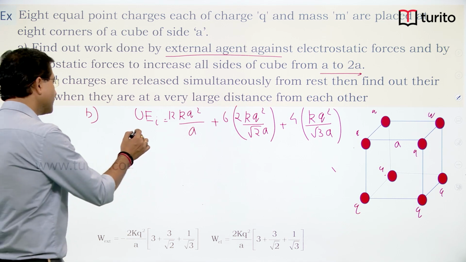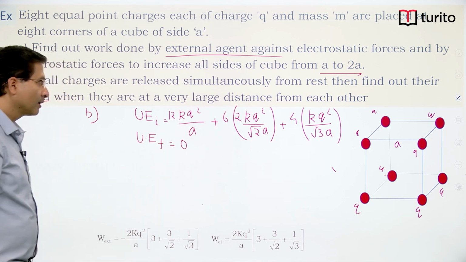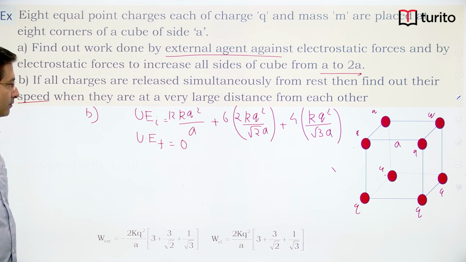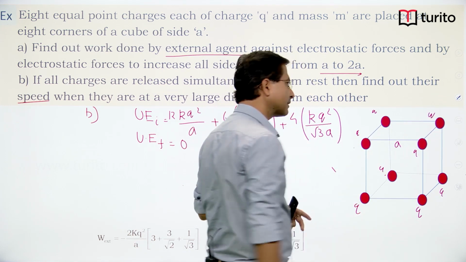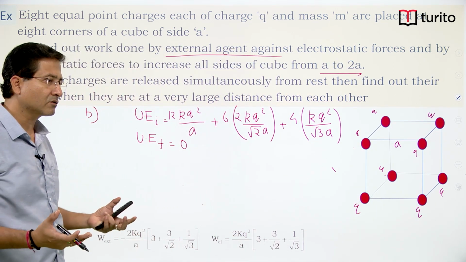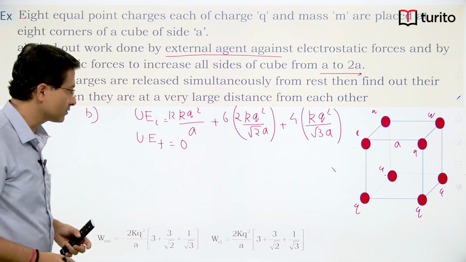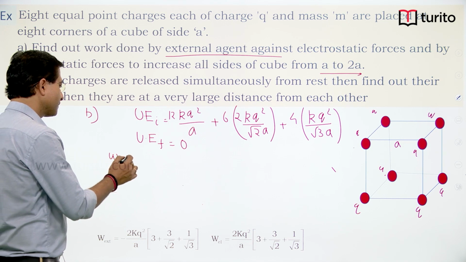So, when they reach infinity, their final potential energy will be 0. And according to work energy theorem, when I release, now there is no external force acting on the system, right. Only force acting on the system is electrostatic internal force. So, work done by external is not there,